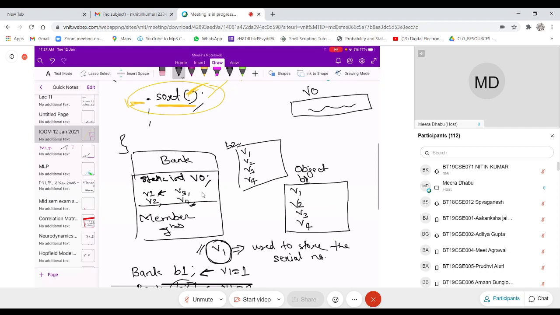So this variable is called a class variable, and class variables are defined with the keyword static. The static keyword was introduced to you, might be in your CP course or in data structures.